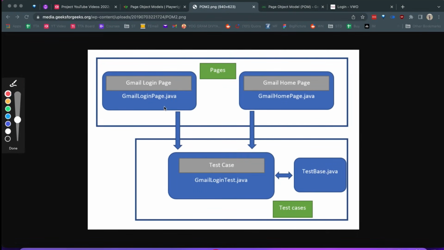Okay, so what exactly does it mean? For example, here you can see we have a Gmail login page. Similarly, we have a VW login page. It's a separate page class which contains page locators, we call it PL, and page functions. Functions can be whatever action we want to perform on the locators. For example, if you want to submit something, we can create a function around it